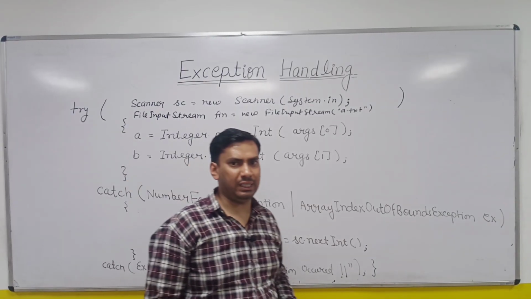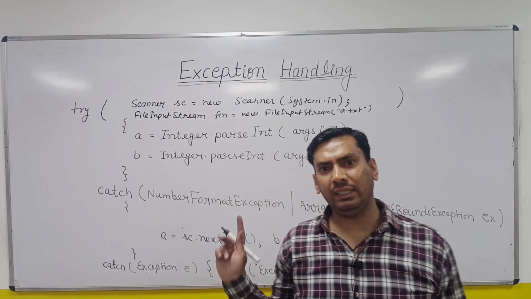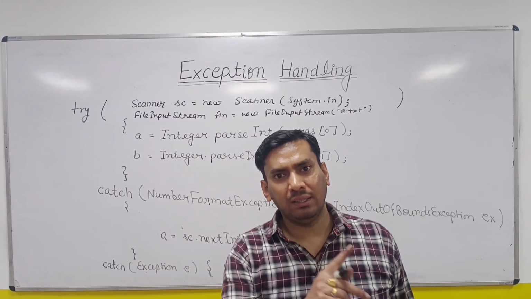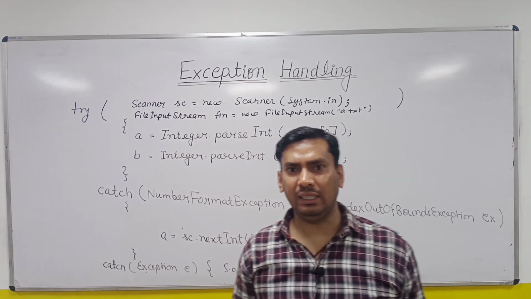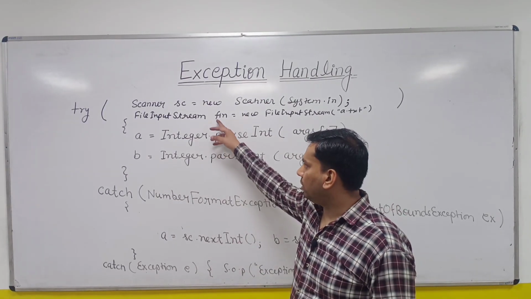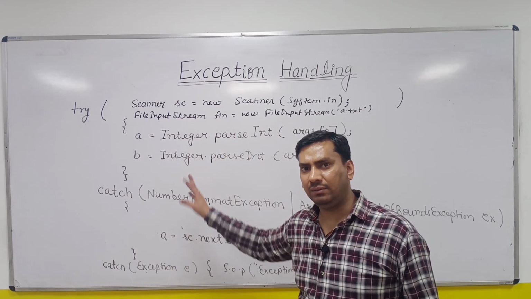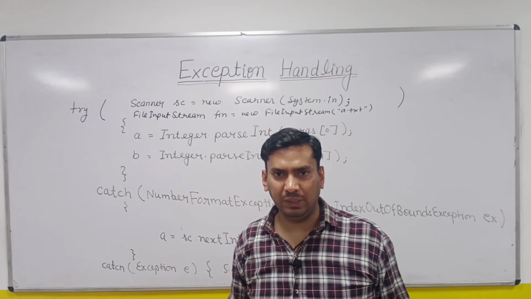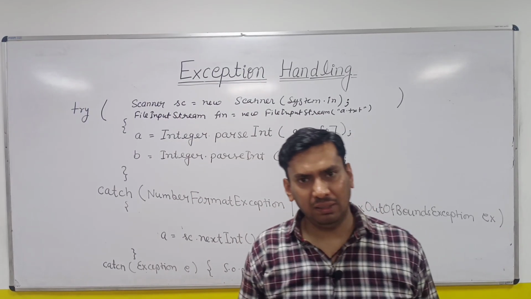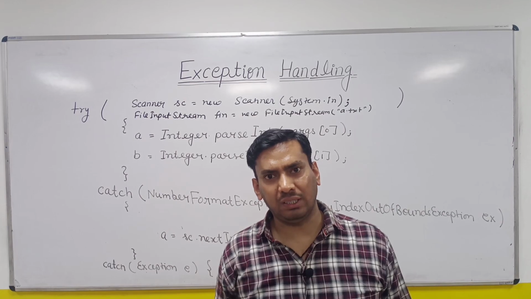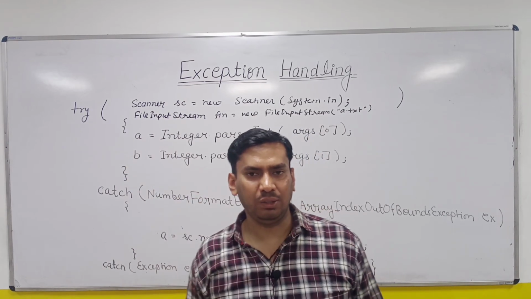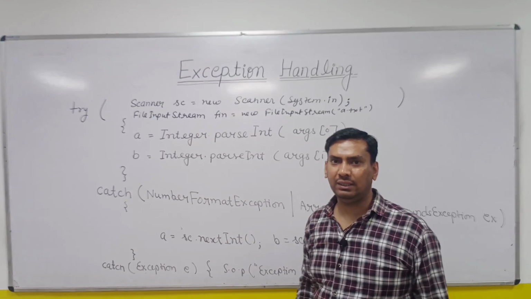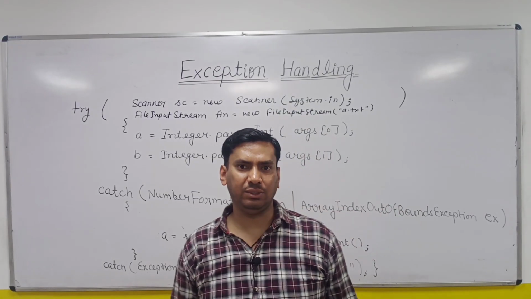Two important points I have discussed here: you can only create the objects of those classes which are subclasses of AutoCloseable. Second, you need not call the close method. It will be automatically closed whenever the try block completes, whether the exception occurs or does not occur, right? So that's all about this video where we discussed the nested try and try with resource statement.